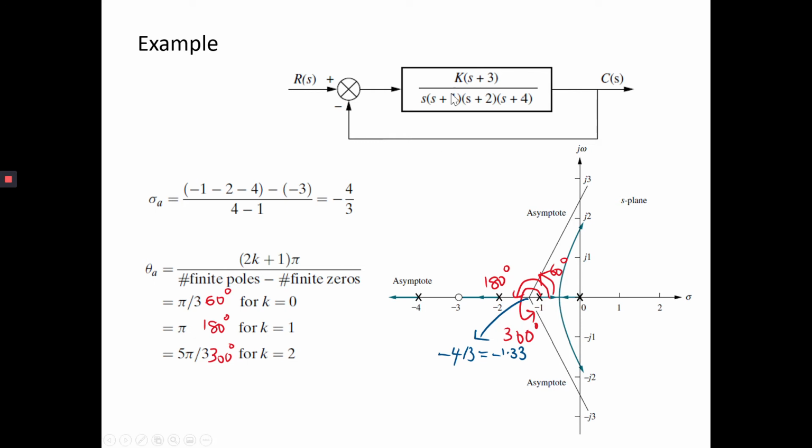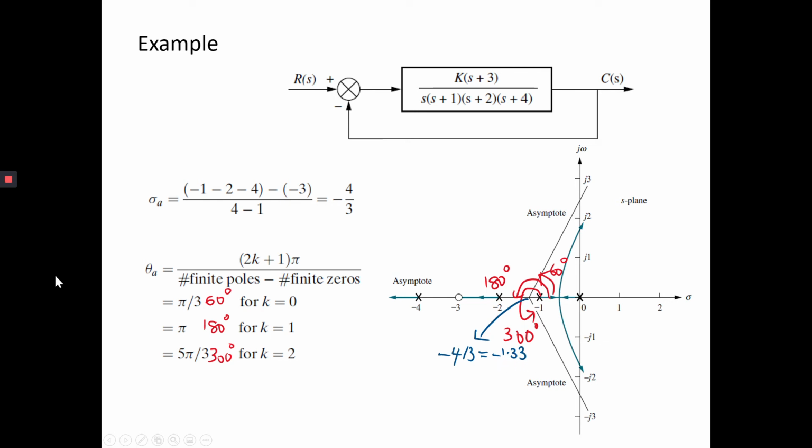You have this open loop transfer function. In this case, we can calculate sigma A, which is the summation of finite poles. In this case, we have 4 poles, at 0, -1, -2, and also -4, minus the summation of finite zeros, in this case -3, divided by the number of poles 4 minus the number of zeros, 1. So sigma A is equal to -4 over 3, which is at this point,